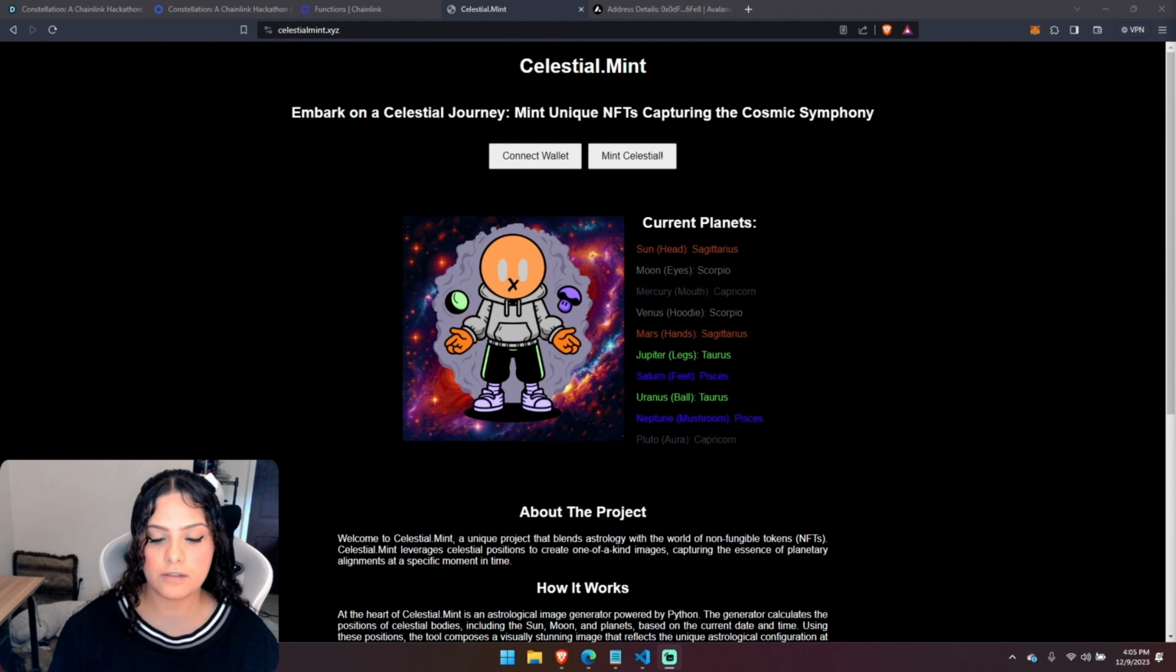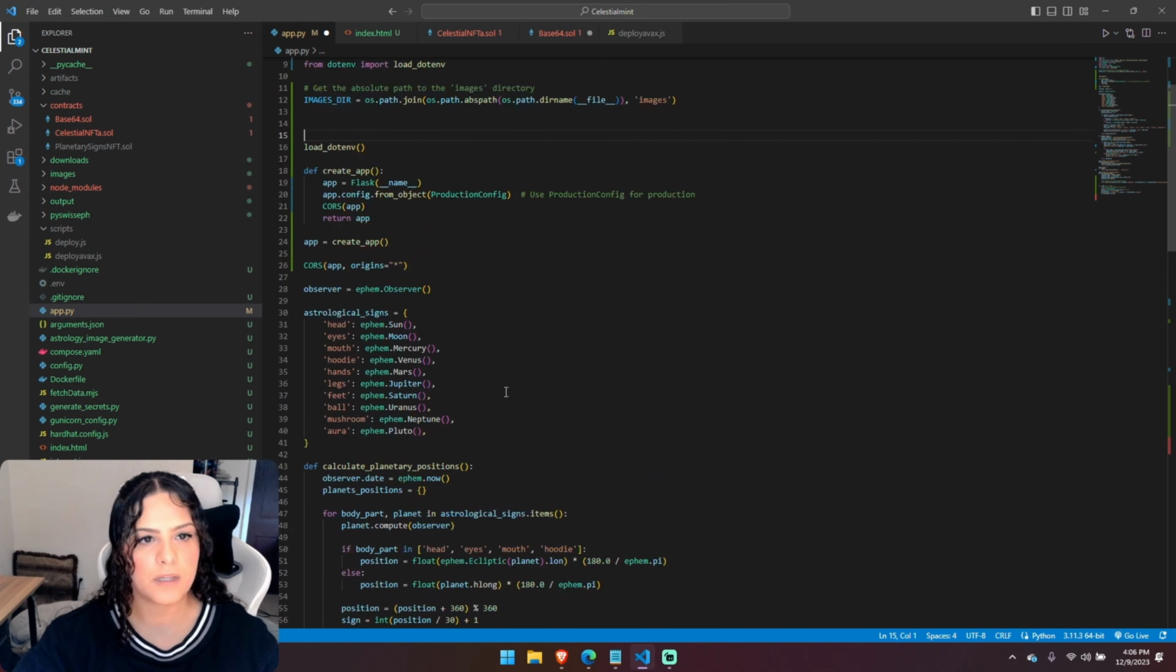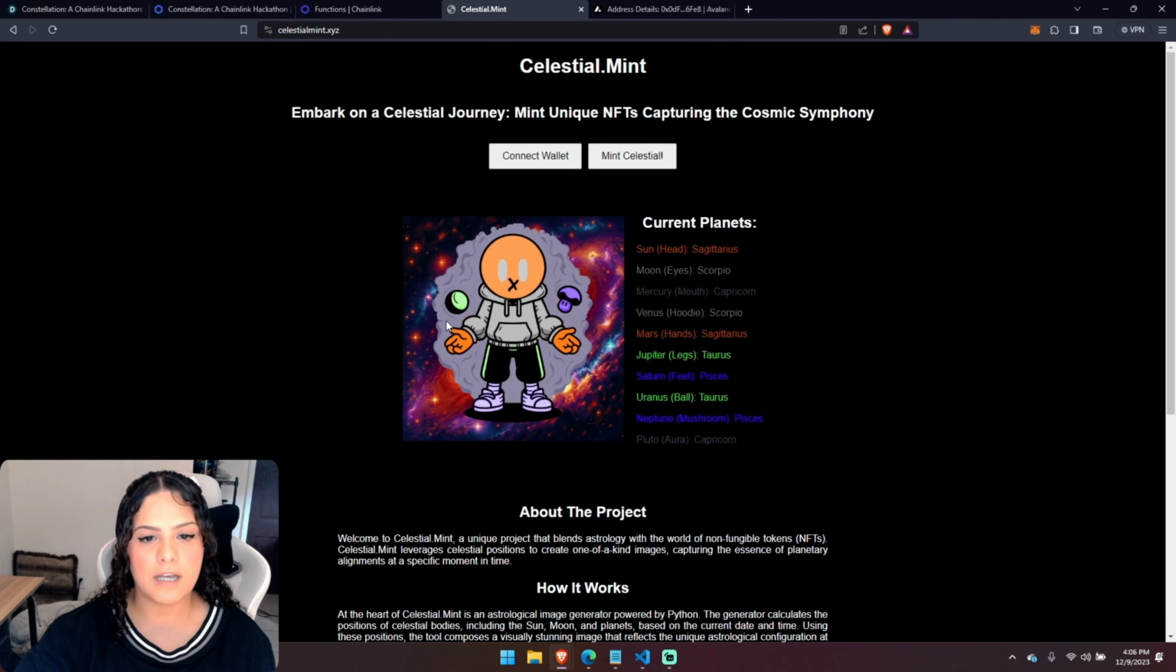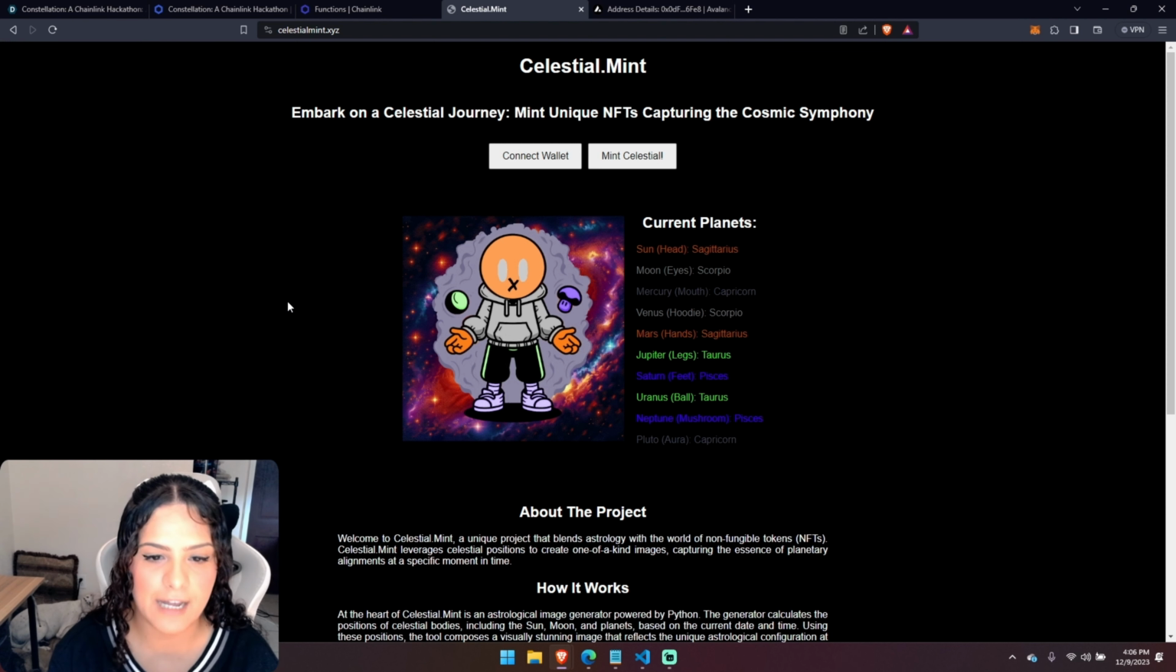To do this, I created a Python script that uses a Swiss Ephemeris library, which allows the tracking of celestial objects. The way this works is by assigning what the different parts of this picture should be, so assigning the different layers. For the Sun, I have assigned the head; the Moon is the eyes; Mercury is the mouth; Venus is the hoodie; Mars, hands; Jupiter, legs; Saturn, feet; Uranus, right here, which is going to be the skull; and then Neptune, which is the mushroom; and Pluto, which is the aura, this purple thing